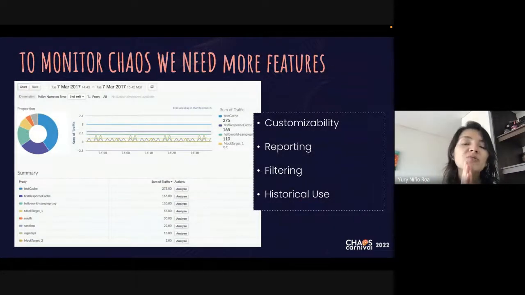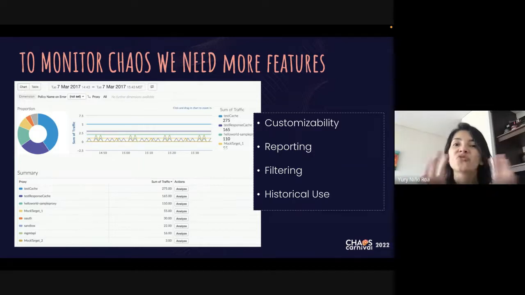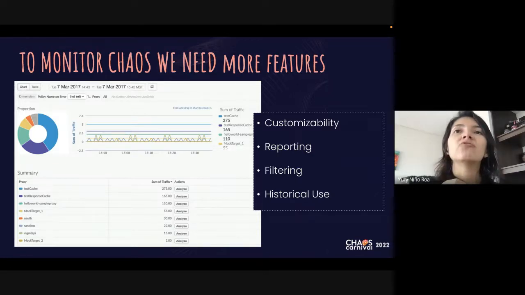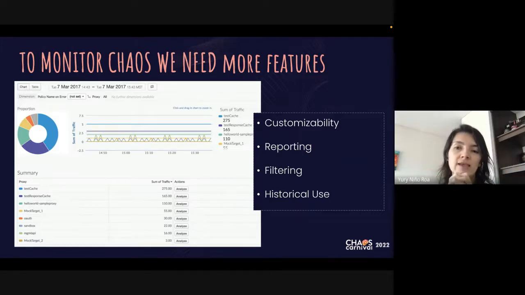So when you want to monitor chaos, it's really important to have the possibility to build custom dashboards, because there are many tools in the market that provide monitoring, but you don't have the possibility to build your proper dashboard, considering that you are unique. You see the world, you see the event, you see the chaos in a different way to another person. It's really, really important to have the possibility to build a custom dashboard.